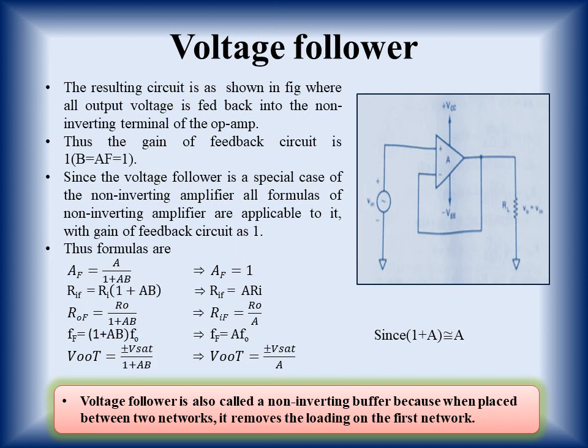So this we have studied about non-inverting feedback amplifier, and how the behavior of all the properties changes in case of operational amplifier when negative feedback is applied to the operational amplifier and the signal is being given to the non-inverting end. Now in the next lecture we will discuss what happens if we are providing the signal to the inverting end with the negative feedback. So this we will discuss in the next lecture.